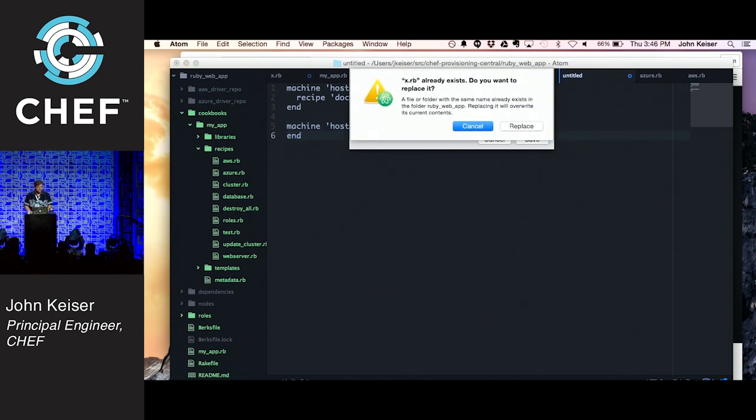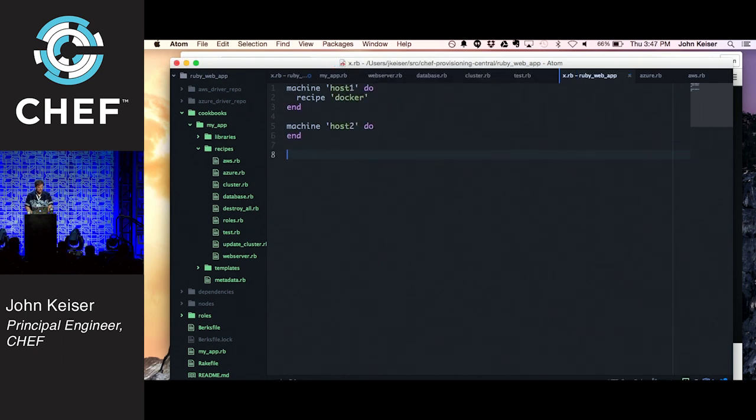No. There's already an x.rb, but I don't care. So we can make a couple of Docker hosts. And then at Converge time, which is a new directive that I added there, once those 2 machines have been actually created, then we use the with Docker host directive,